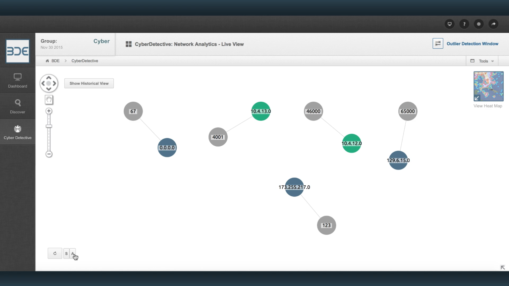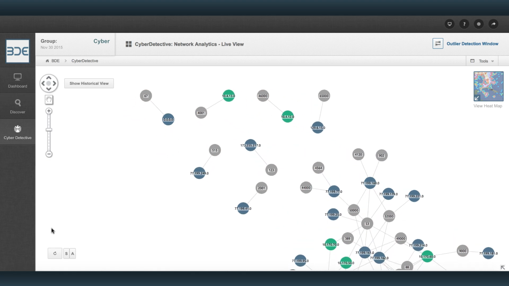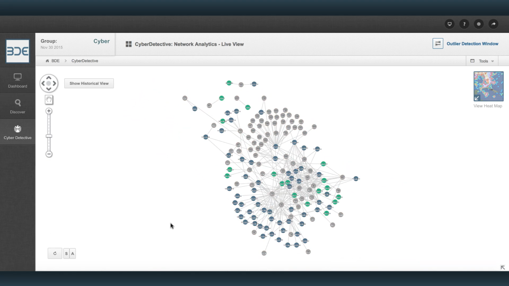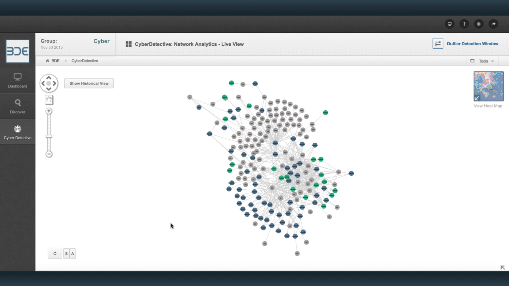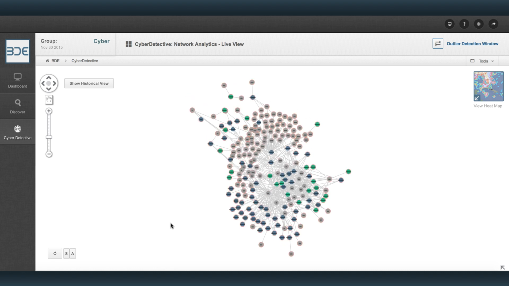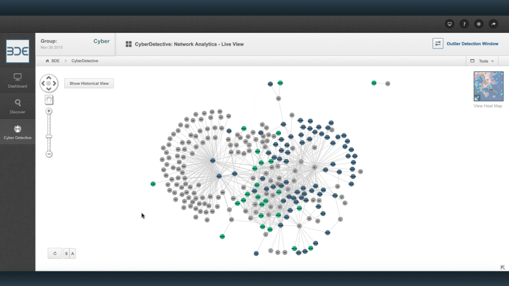So if I fire off one of these scenarios we have from a previous customer, you'll be able to see a larger pool of data into the network. So now as that network traffic comes in, we begin to see the nodes added, and again, once that node has been added, if the traffic occurs again, we see red blinking. So it becomes very apparent that we have a large number of IP addresses that have been added to the network, as well as a large number of ports that appear to be getting scanned by some of these external IP